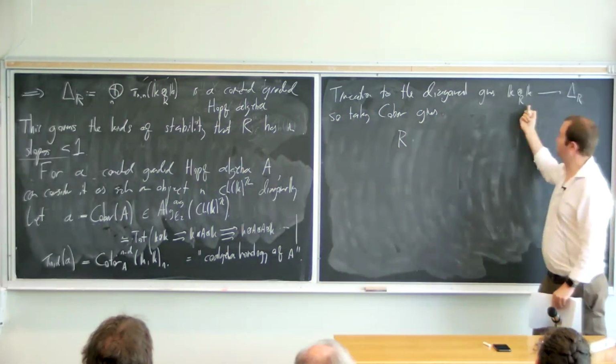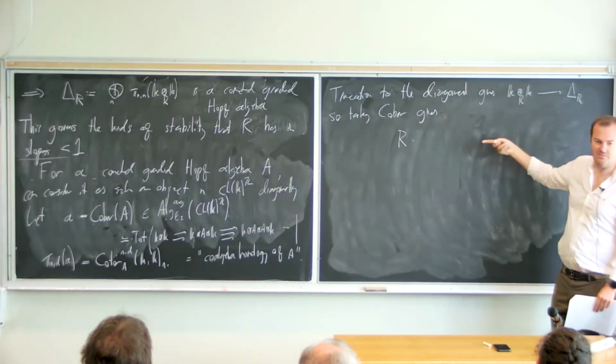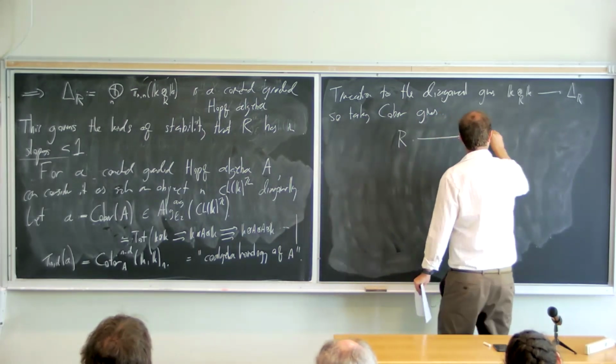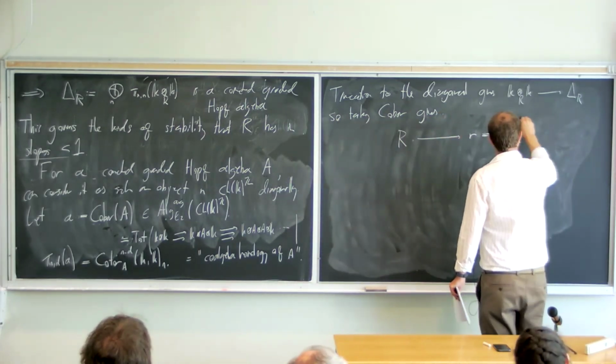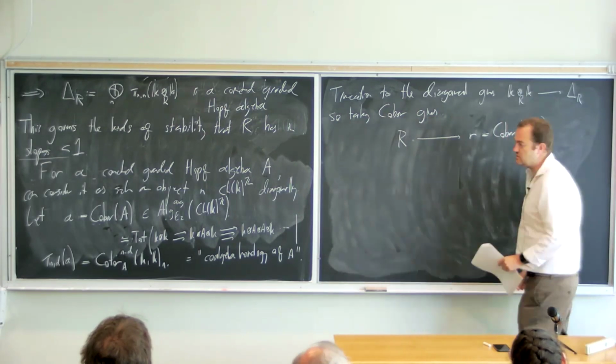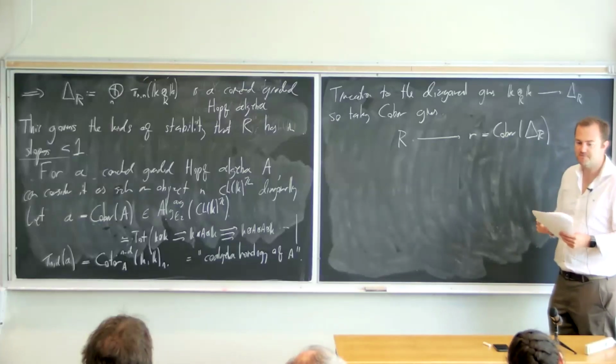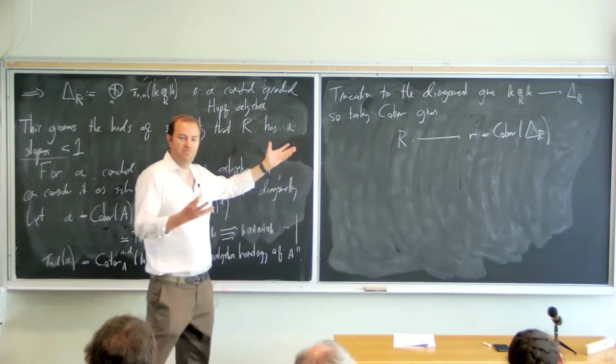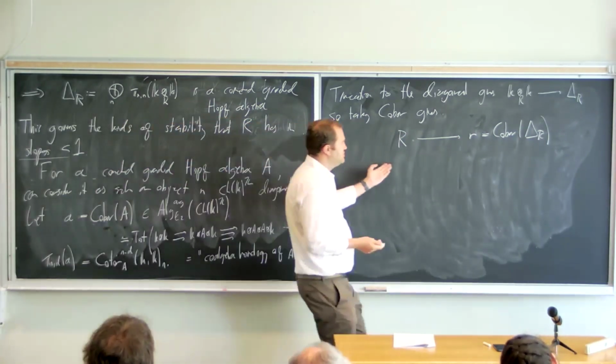So if I take cobar of bar of capital R, I just get capital R back. And on the other side, I get what is going to be called lowercase r, and it just means cobar of this diagonal Hopf algebra. Okay? So this gives me a map from any E2 algebra that satisfies my properties to another one called little r,